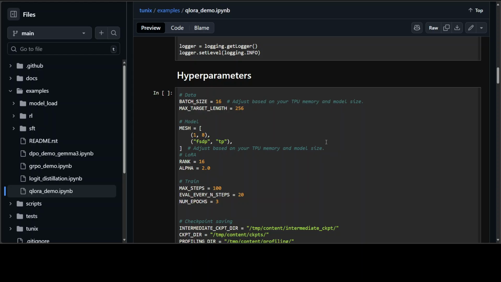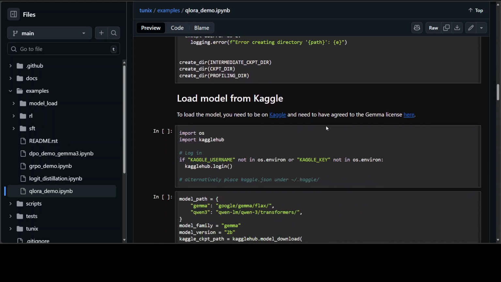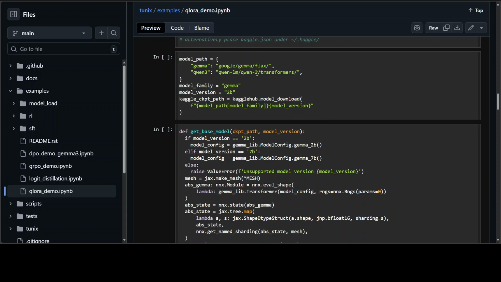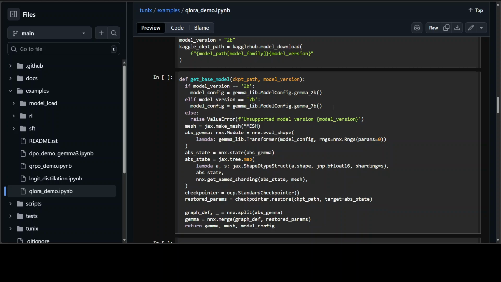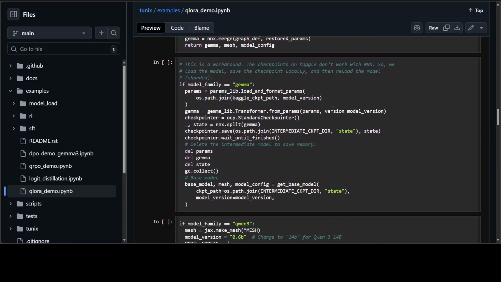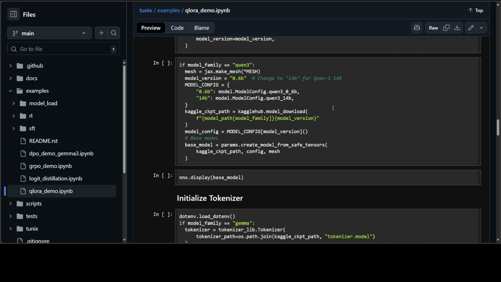We are also using this command to create the directories. We are loading the model from Kaggle Hub, which is the Gemma model. As you can see here, you can also go with Qwen if you like. And then we are downloading the base model. After that, we are also building a JAX device mesh and an NNX transformer after running this command. This is primarily